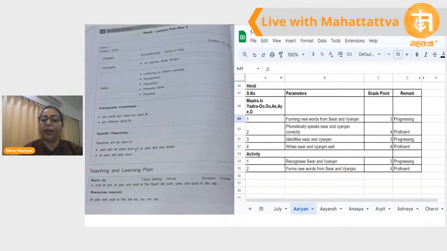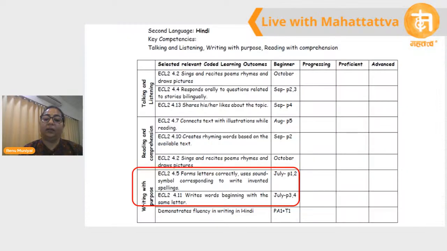And these parameters are listed down as mapped with the learning outcome. Now, these are the sheets which are maintained every month according to the different lesson plans. And every month, this parameter sheet is different. The observation sheet is different with different parameters. Then at the term end,